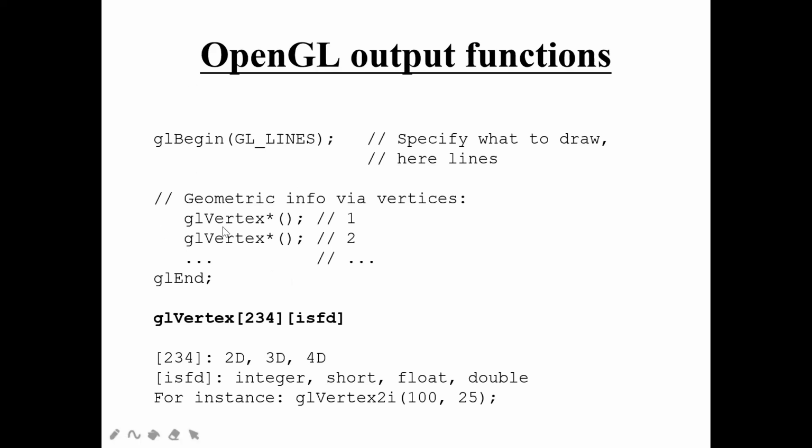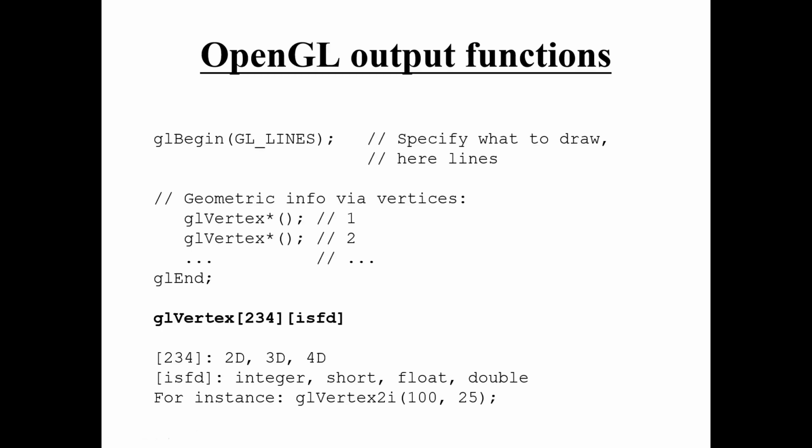How are we going to give the vertices? We have to utilize glVertex*. Then the parameters you are going to pass. How many vertex points you write depends on you. The star I have given, I just want to define in detail. Instead of the star, I can write 2, 3, or 4. So this 2, 3, 4 means it can be a 2D image, a 3D image, or a 4D image. Okay. And again, what parameters can I pass? That is i, s, f, d: i for integer, s for short, f for float, and d for double.